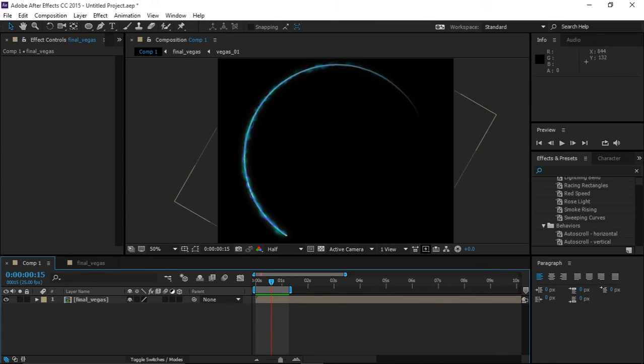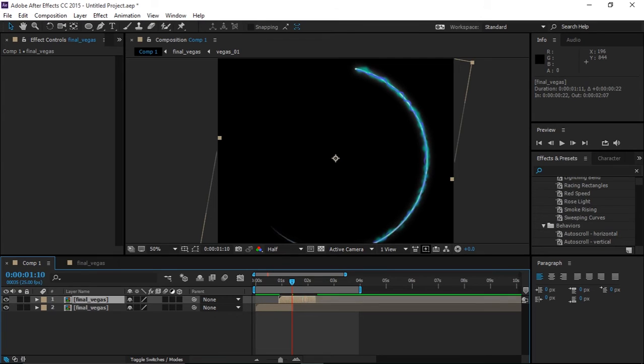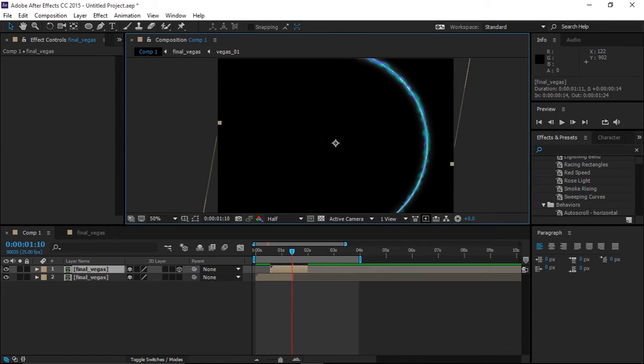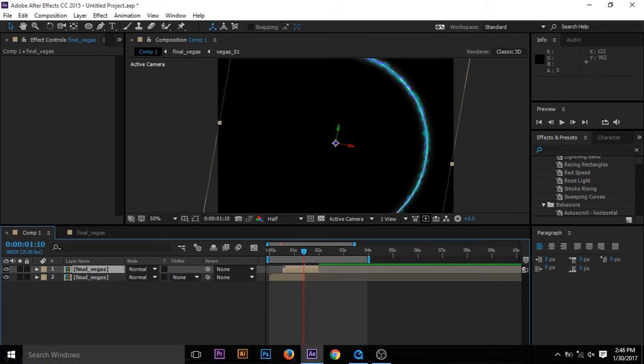So next part is that what we need to do, we are going to just take the layer. Now if we alt and say bracket and we just cut out the layer, selecting the layer, then cut out the layer like this and take this to 4 seconds, and we are going to duplicate the figures like this. We are going to change the place, and to get a circle, what we can do, we can go ahead and just do a 3D layer. If you can't see the switches, you can toggle switches from here and you will get this layer,